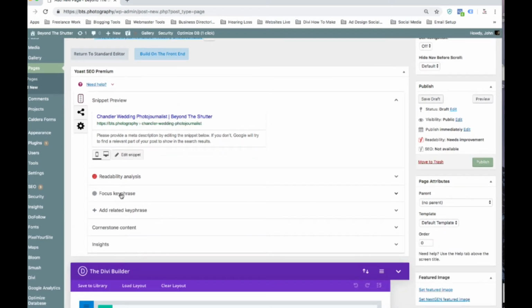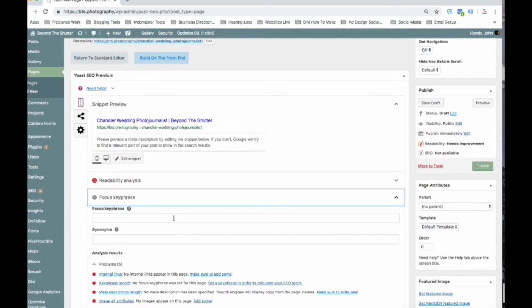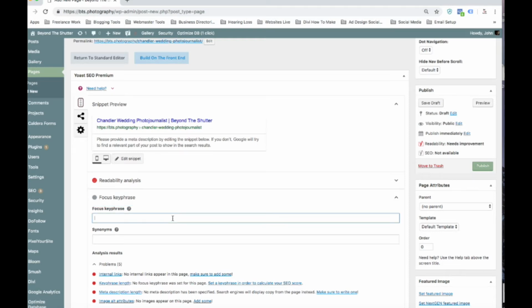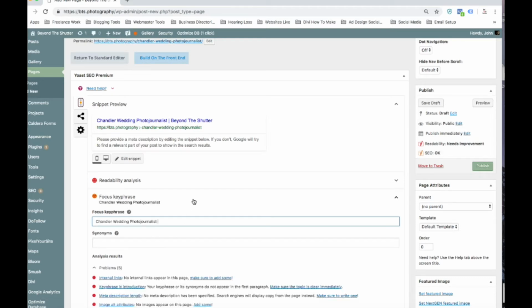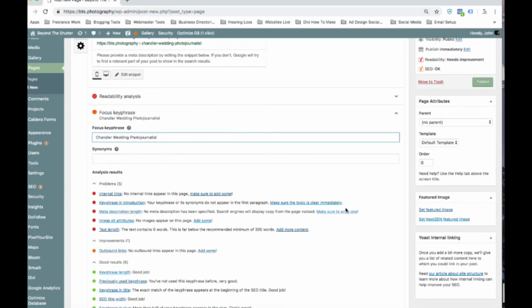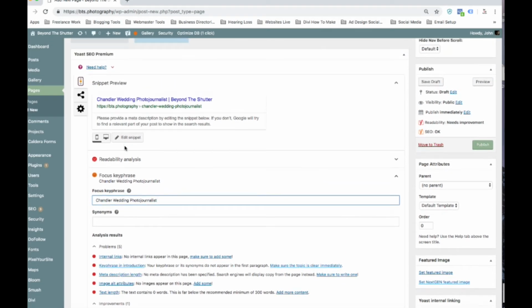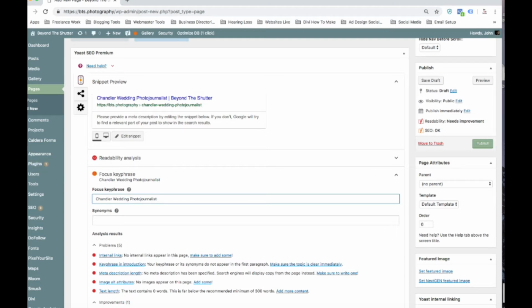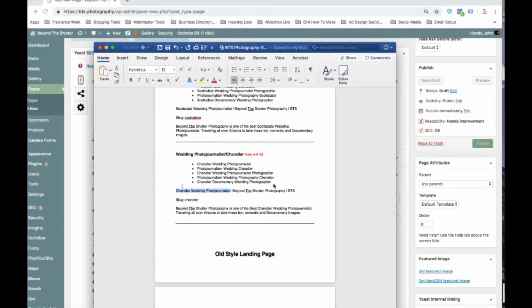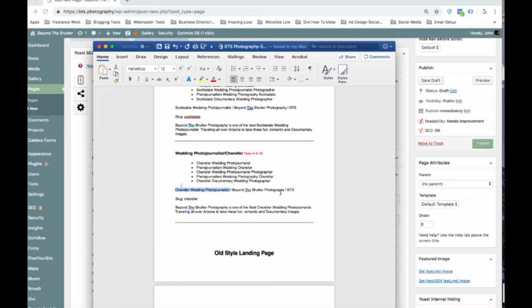And my focus keyword, so I don't confuse people, I'm just going to put in one focus key phrase, and after I'm done with this, I'm going to put the other ones in here. Now, here we go into the edit snippet. Since I have this stuff already worked out, that's one of the things that I work on right off the bat. So I'm going to copy and paste all this information that I've already worked out,